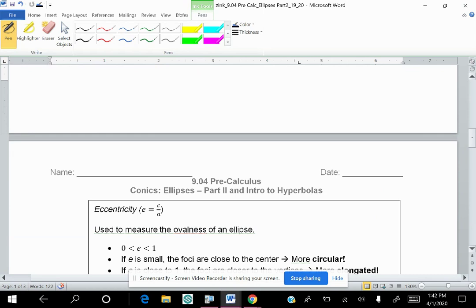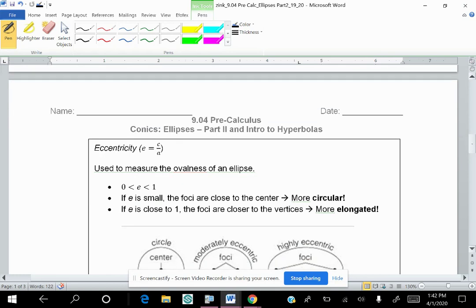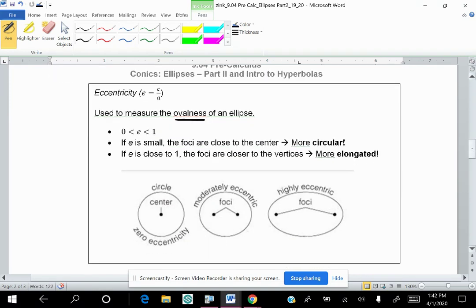Next up, we're going to talk about eccentricity. So eccentricity, or "Ika" as I remember it, E equals C over A, is used to measure the ovalness of an ellipse. So like how round it is, how stretched out it is. And E is always going to be between 0 and 1. If E is really small, that means the foci are close to the center. It's going to be more circular. If E is closer to 1, so if it's bigger, then the foci are closer to the vertices,